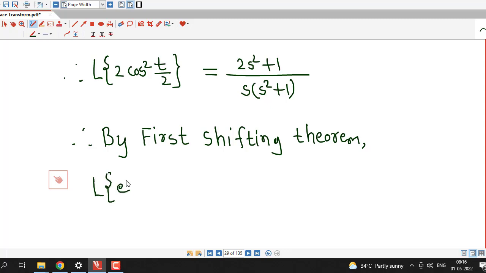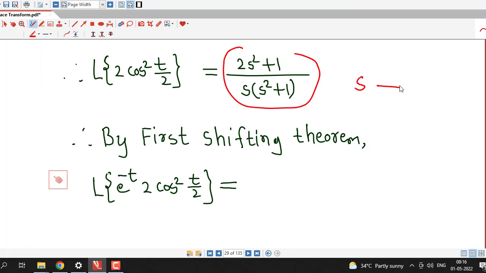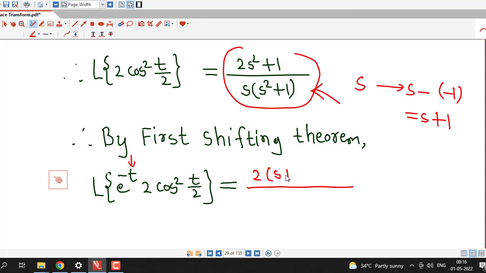Laplace transform of e raised to minus t 2 cos square t by 2 is obtained by replacing s by s minus coefficient of t, which is minus 1 here, that is s minus minus 1, that is s plus 1. So we will replace s by s plus 1 everywhere in this function, that is 2 times s plus